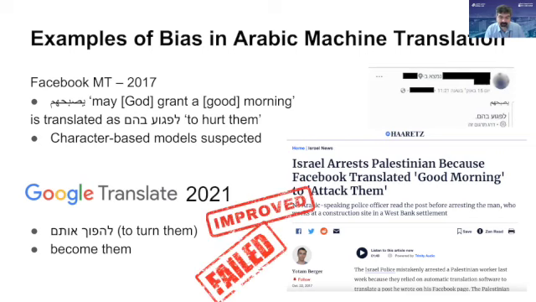In 2021, a little better. Hopefully it will not get anybody arrested. The guy was released, by the way, immediately after this was uncovered. But it makes you wonder why Israel is hiring people who don't speak Arabic to arrest people who speak it. I mean, arrest somebody for the real reason, at least, that they can stand for, but this is BS. So this is still a failure, actually. And again, lots of other complications caused it.